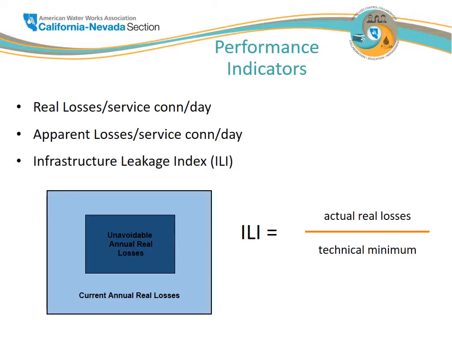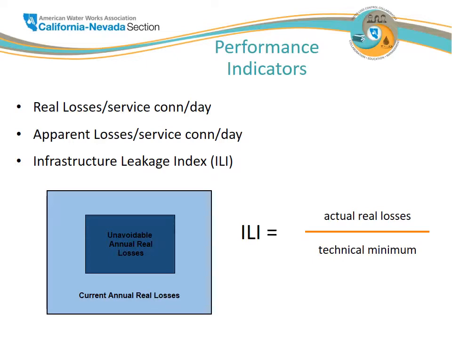And then there's a performance indicator that acknowledges performance to a slightly more nuanced degree. It's the infrastructure leakage index, and it's particularly insightful because it acknowledges that there's a technical minimum of leakage for every system. The unavoidable annual real losses displayed in that inner box, that inner volume in darker blue here on the slide,